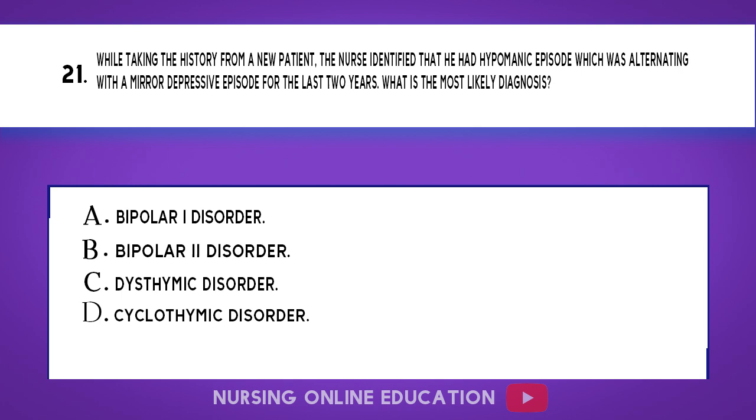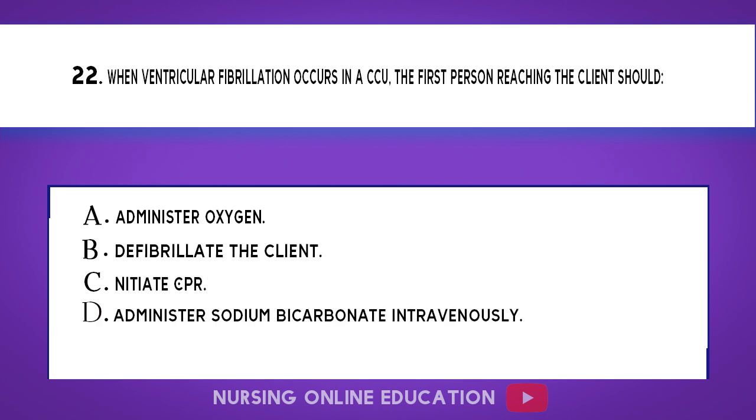A. Bipolar I disorder. B. Bipolar II disorder. C. Dysthymic disorder. D. Cyclothymic disorder. The answer is option D, cyclothymic disorder. 22. When ventricular fibrillation occurs in a CCU, the first person reaching the client should